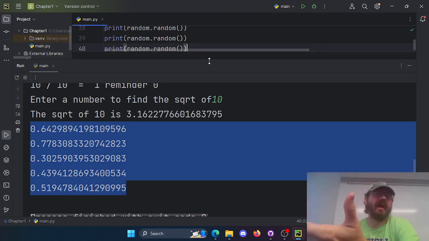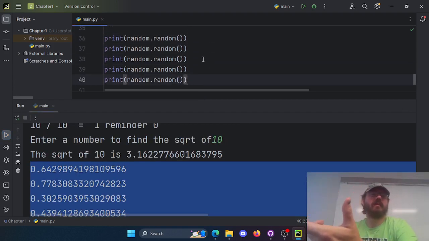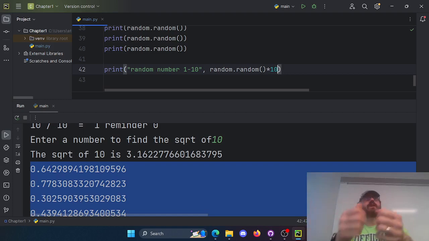Nice. So we know math. We can take this to get a result that we want, right, if we cared. So if you wanted the number, say, 1 to 10, right? So let's say print random number 1 to 10 is going to be random.random, right, times 10. When I multiply by 10, I'm going to get between 0 and 9, right? Because I'll never get 10 here,